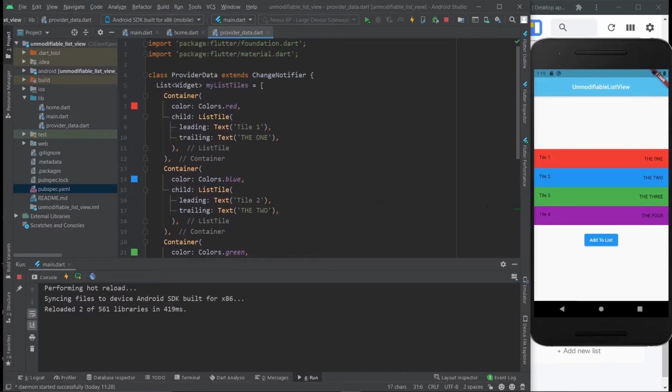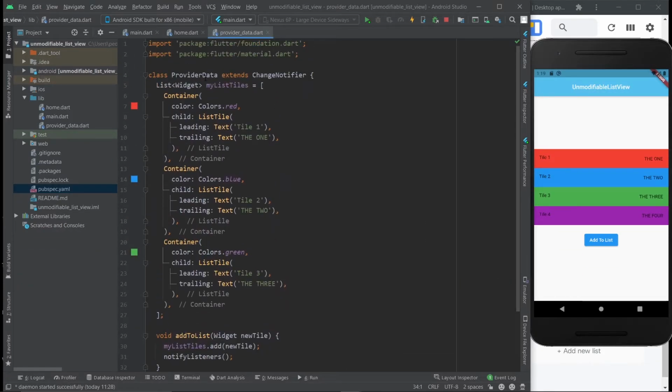However, what I'm talking about regarding good coding practices is that this list should never be made public, because a while later you might forget about this. You might forget about the small detail that is having to use a notify listeners, and then you'll do the same mistake. And besides, you don't want to allow your list to be changed from anywhere in the app. That's just usually not a good idea.